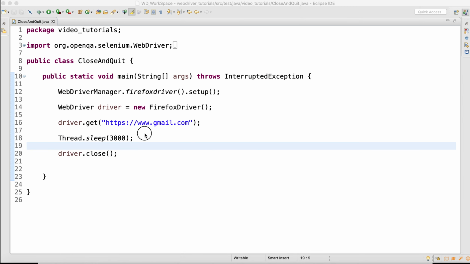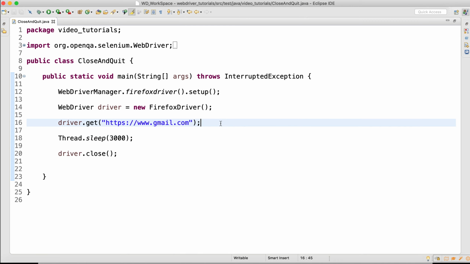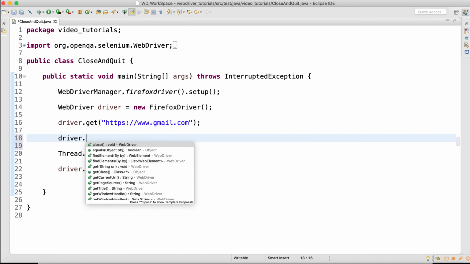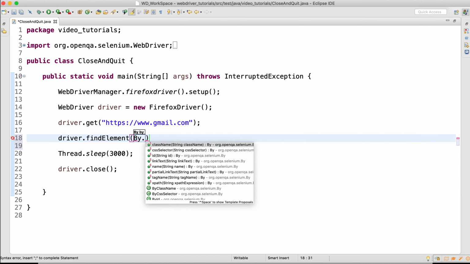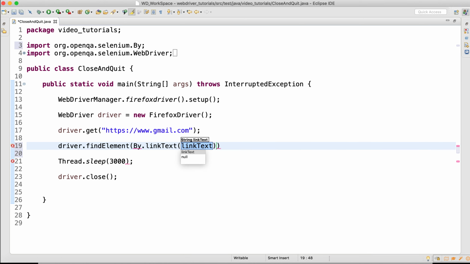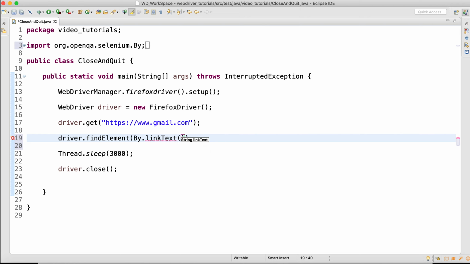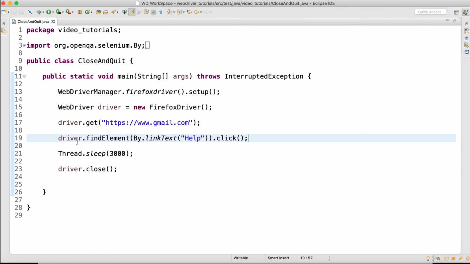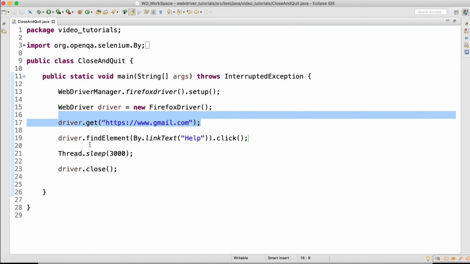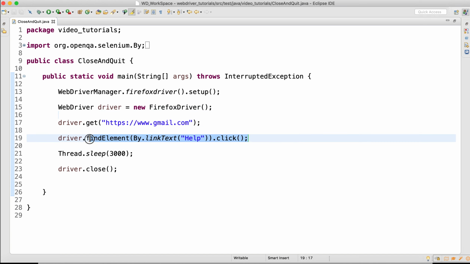So after loading the page, driver.findElement By.linkText help .click. I'm loading gmail.com, and then I'm going to click on this particular help link.